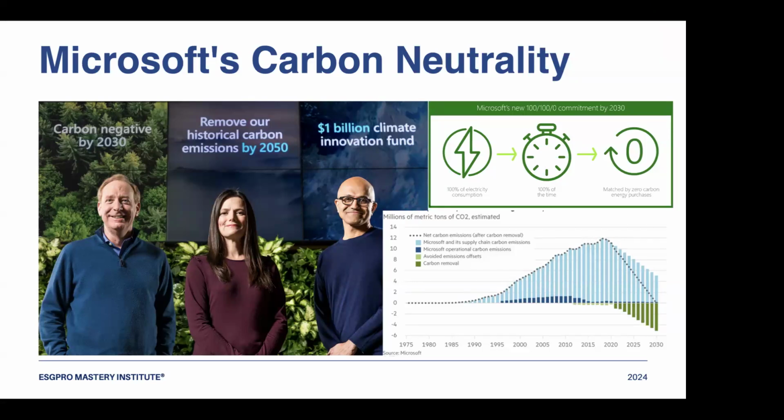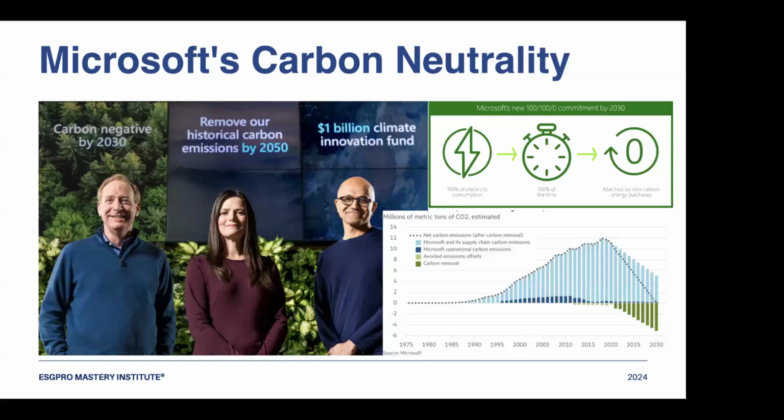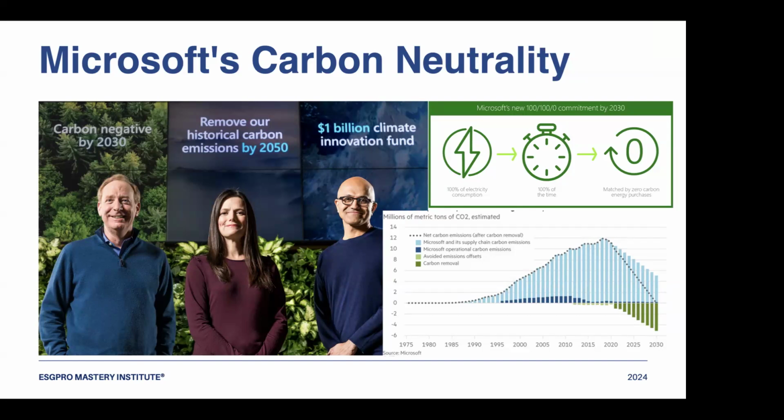Now we have an international speaker, so I will remain in English. You see in the middle between 2015 to 2020, we have a little green which is avoided carbon emission or offsets. It means they are purchasing. Offset is always purchasing. So they are purchasing from India, from Andhra Pradesh, where Nadella comes from. Farmers are getting dollars nowadays just by not plowing. That is agriculture carbon credit. India is doing big time, and they are selling it to Microsoft, Apple, everyone. The business model is changing. So those are the green ones.